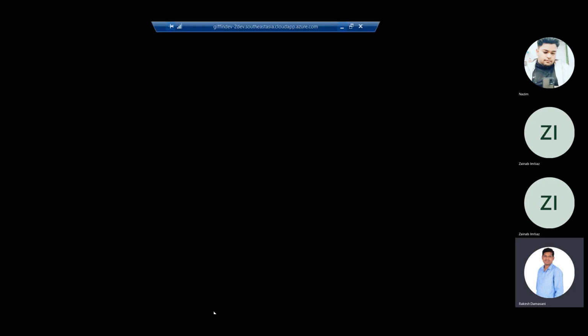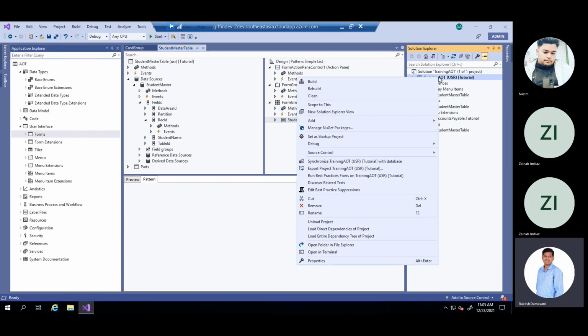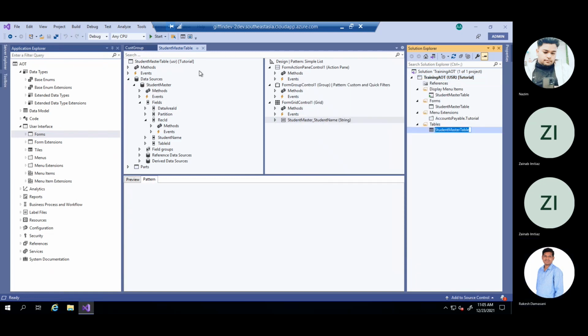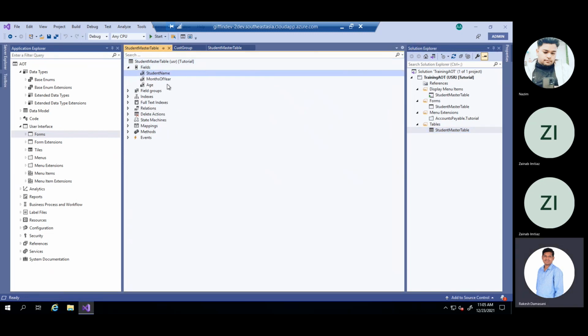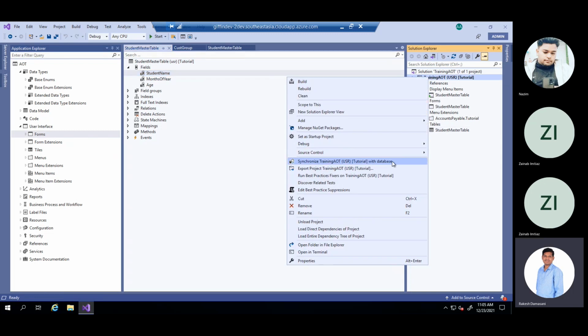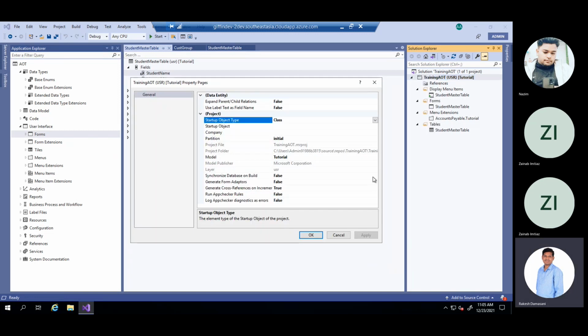You will get this error because we have not synchronized our newly created fields. We have created months of year and age, but we have not synchronized with the database. Either you can say synchronize with database, or you can right click, properties, and set synchronize on database build to true. Either way you can do.